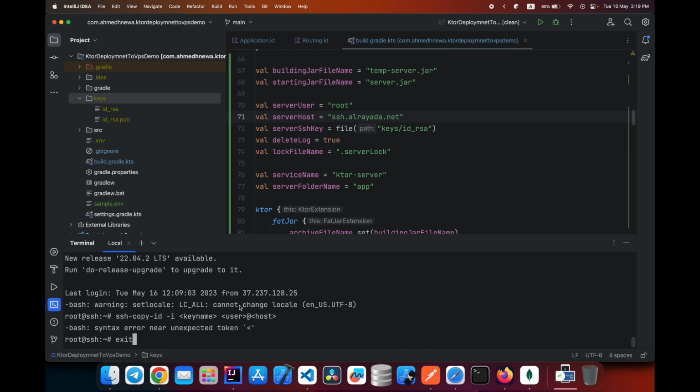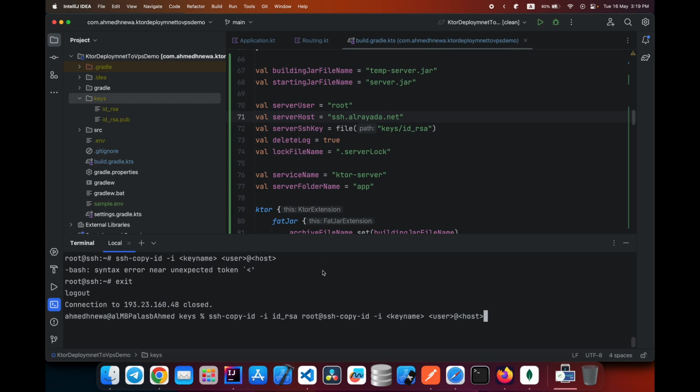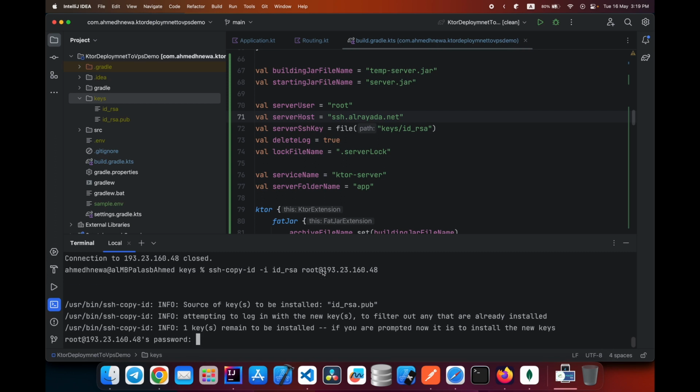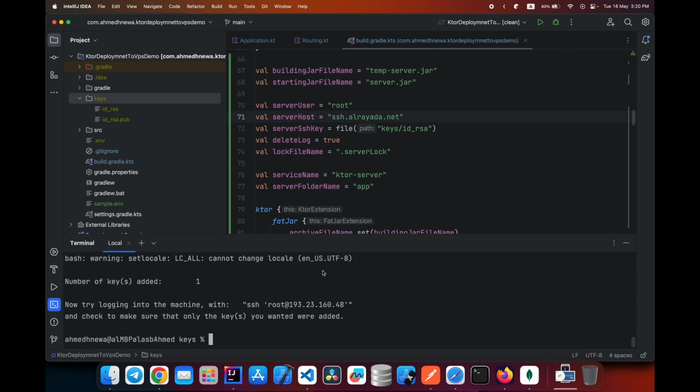If you can connect without any issue, then copy this command, and the key name you need to paste here is id_rsa.pub under keys, and you also want to enter your username and host. Just enter it here, and it will copy this SSH key, and it will require a password. So now you can connect using this key. Okay, we already connected. So if I click exit,